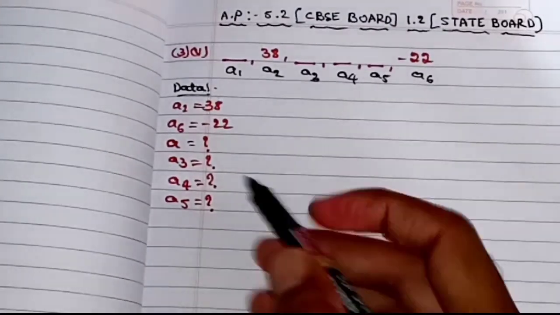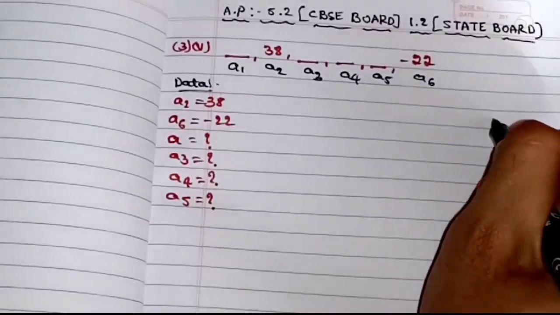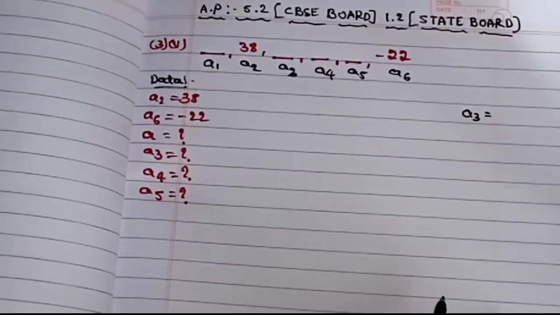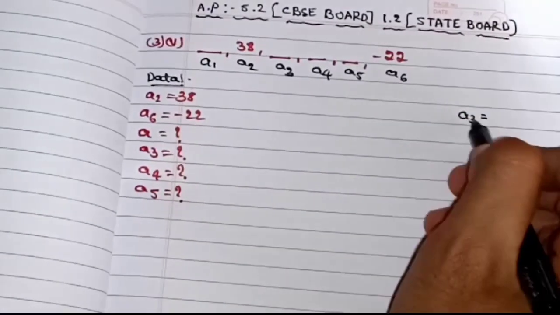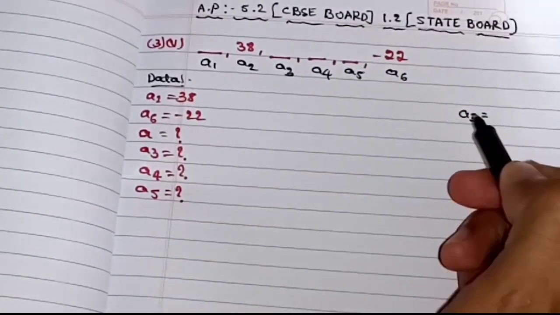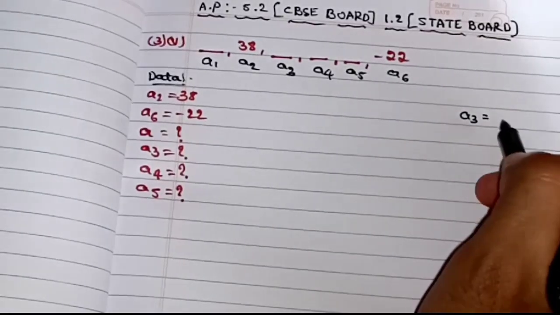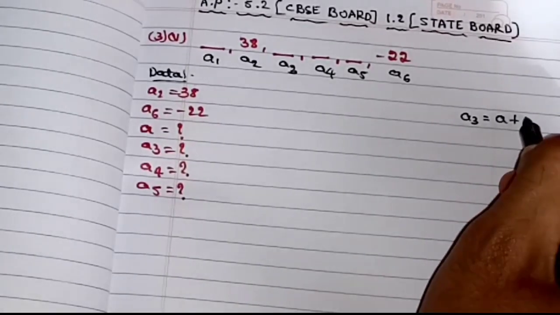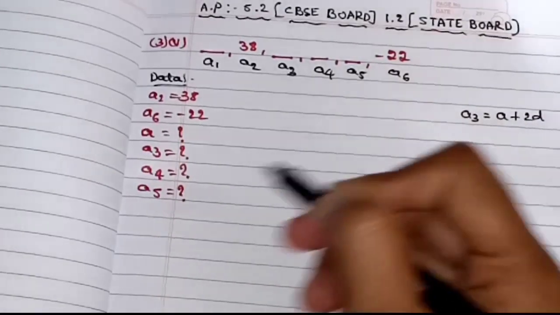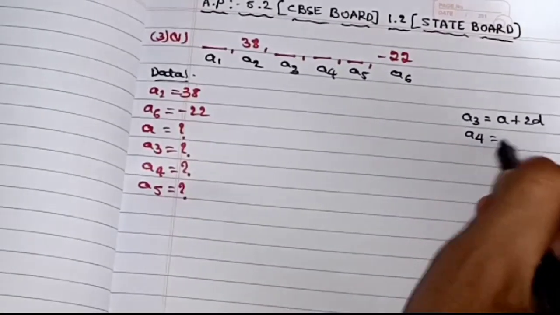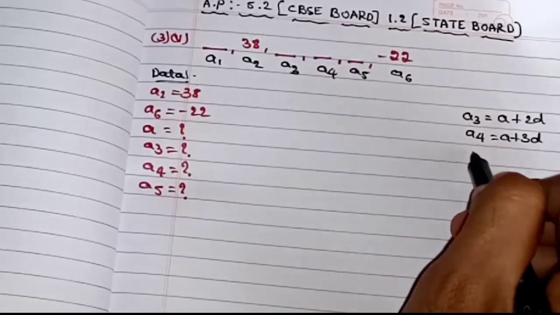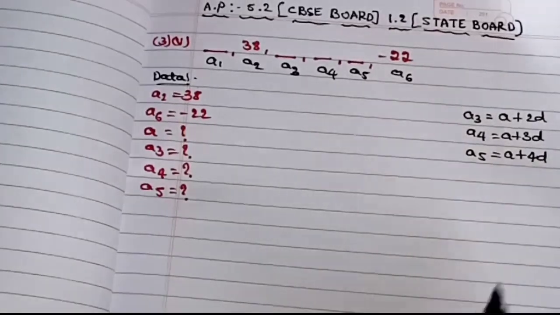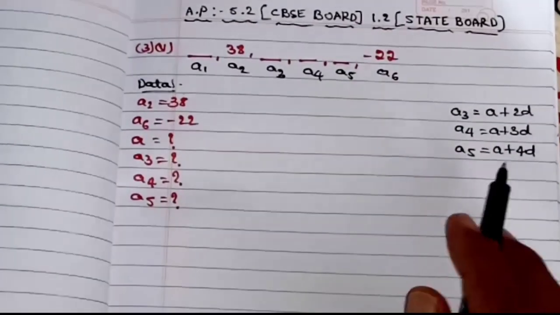As I said already, for example, what is the formula to find the a third term? So last class, in the last video, I have said. By using the nth term formula, you can write any formula based on a3 or a10 or a5, whatever they have asked. Now what is the formula to find the a third term? Nothing but a plus 2 into d, right? The next one is a fourth, a plus 3 into d. A fifth term will be a plus 4 into d. So this is the formula children.